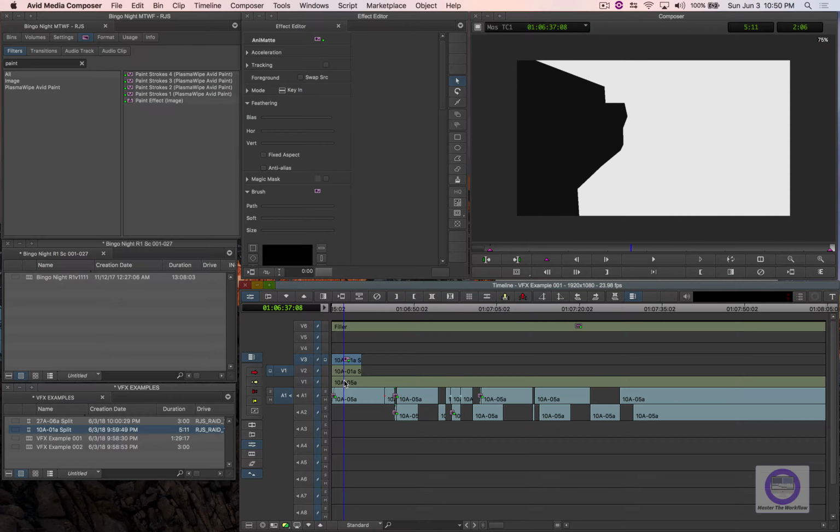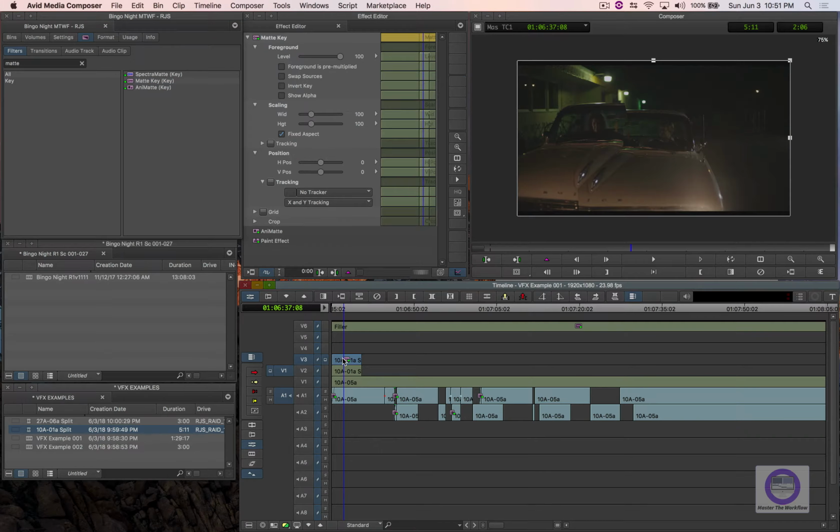Now I'm going to close this expansion, and if you've never used the matte key effect, this is going to take advantage of that. I'm going to option drag that over the top effect. You can see there's only the Animatte there. And now we're kind of back to where we were before with the Animatte, but I have these parameters within the matte key. I'm just going to take my vertical position,